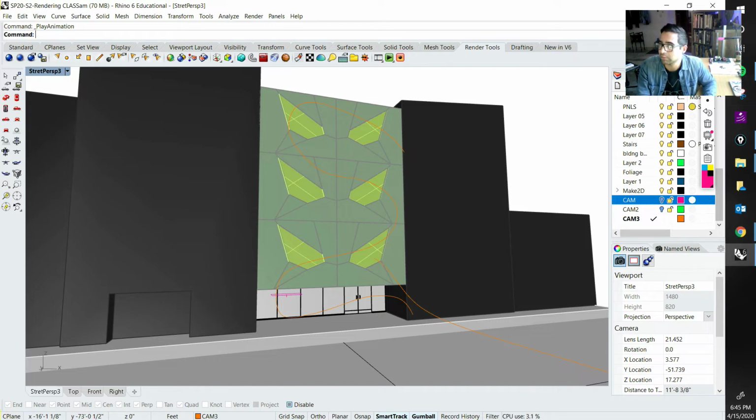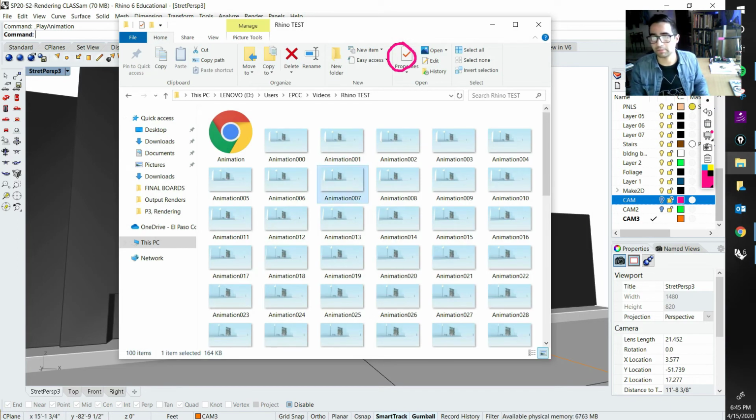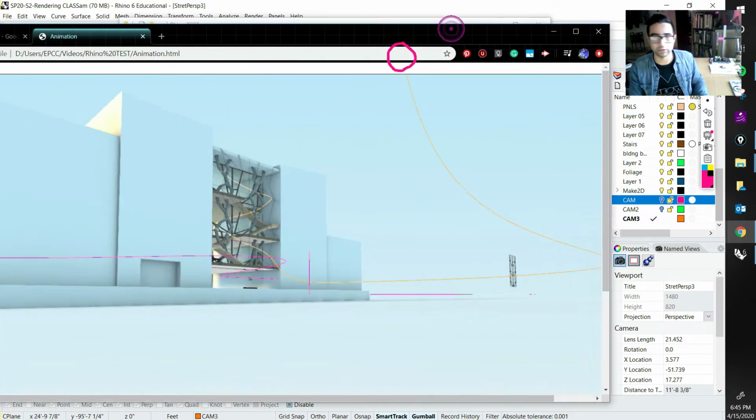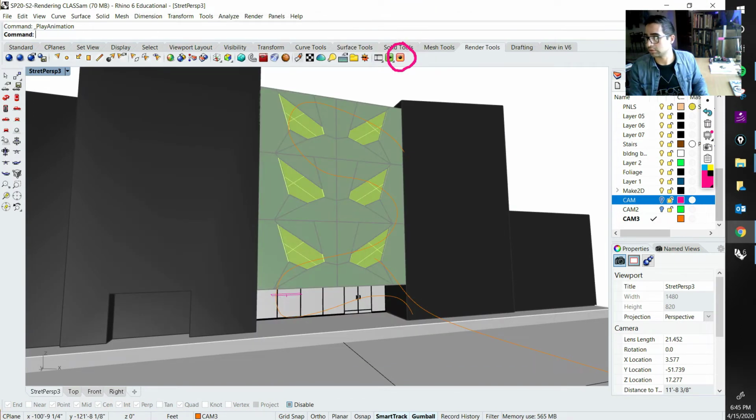Now the last part is to actually get the recording, which is, we have to record it. So what this is going to do is generate all of those images that, again, I talked about, all of these ones right here, right? And plus this file right here, which is the little preview that it shows you right here. Okay, so let's go ahead and do that, right? So when we press record,